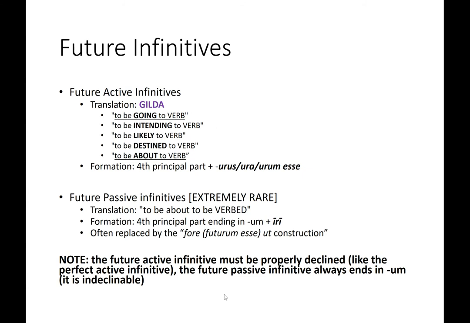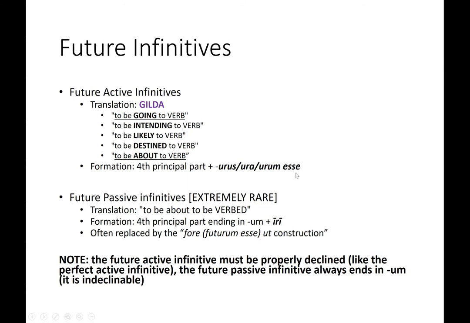All right, the last two infinitives that you need to know, the future infinitives, the active and the passive. Okay. The active is really the only one that you're going to actually see anywhere. And its formation is fairly straightforward, like all of these are. It's the fourth principal part, but instead of ending in us, it ends in urus, ura, urum. Okay? And then you just add the